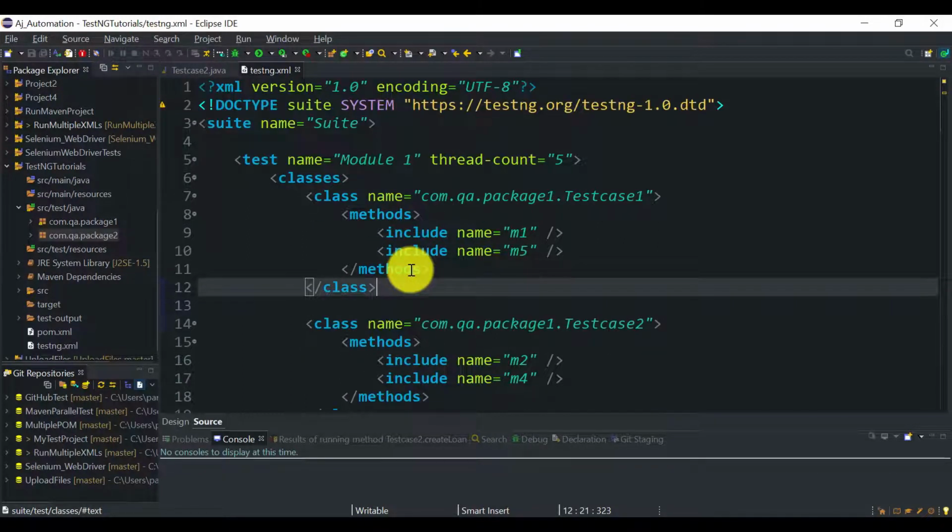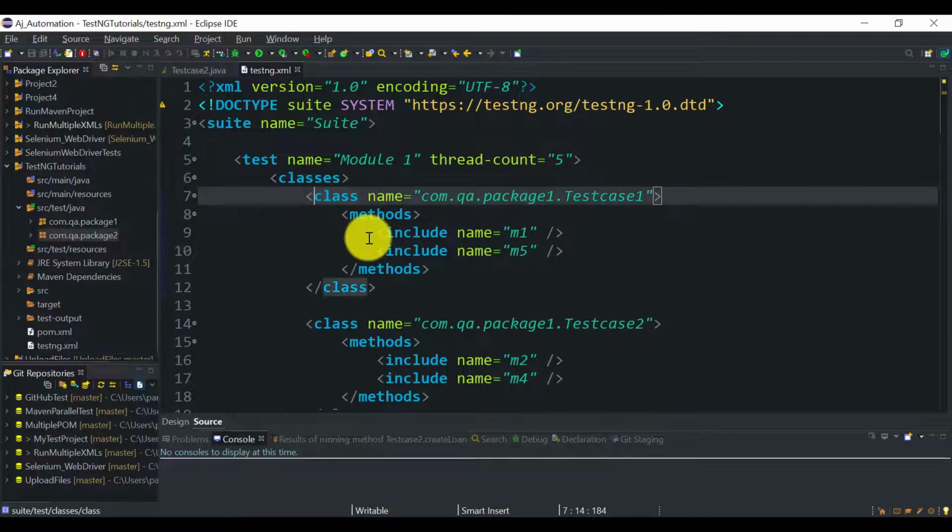So one thing you need to keep in mind while designing your automation framework or adding your TestNG classes and test methods is that you are not the only person who is going to use that automation code. You are not the only person who will add the test methods, who will add the test cases, or who are going to run the test cases. We work in a team, right? So all the team members should be able to understand what exactly you have done here in the testng XML file. And if I want to update anything, or remove any test methods, or add any new test methods, that should be easy to understand and easy to update.